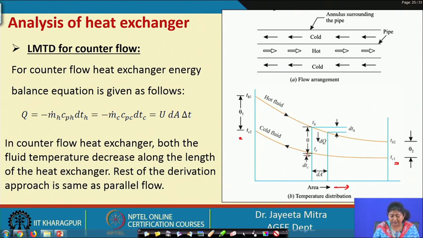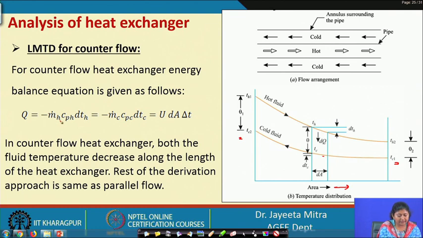So, theta, that means at any instant the difference between these two streams we will term as theta. Here also we move in the positive area direction. So, the hot fluid is reducing in temperature, so dTh is again negative. And across the area dA, the cold fluid is also negative because the flow direction is now reversed, right. So, then we can write here